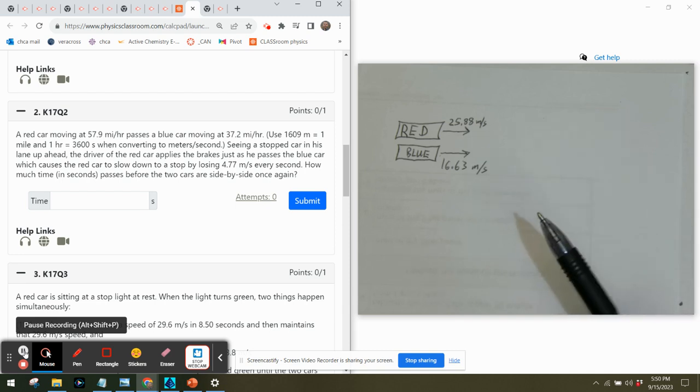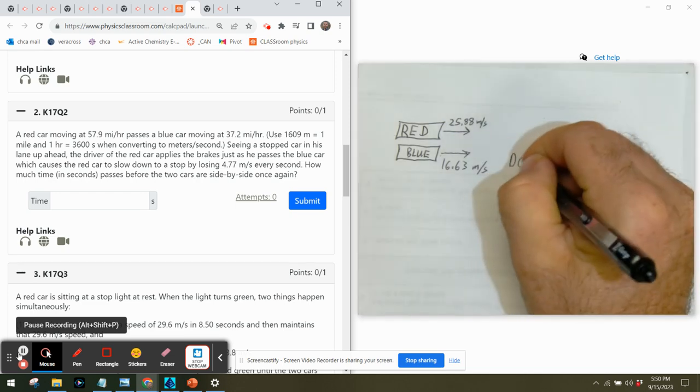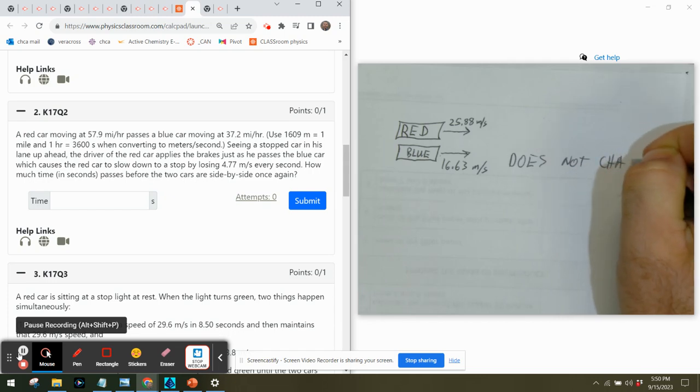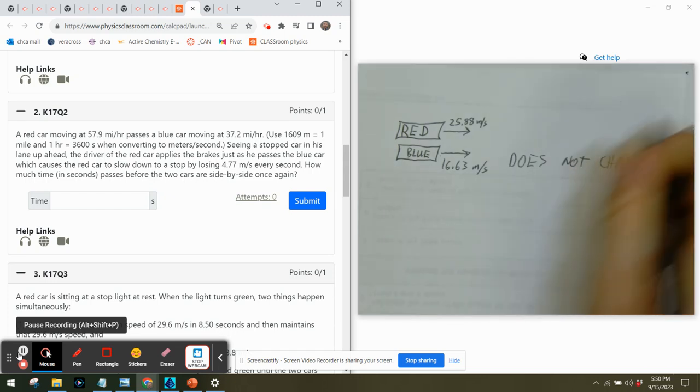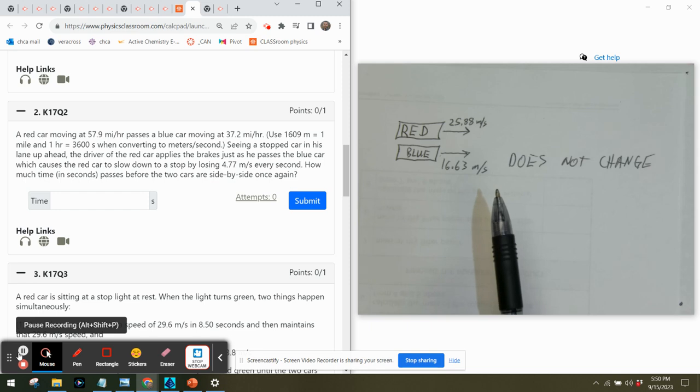So we have the red car and the blue car. The blue car is staying constant. Its velocity does not change. It's staying constant throughout the trip. So this does not change in the scenario. But then the red car, what happens is the red car